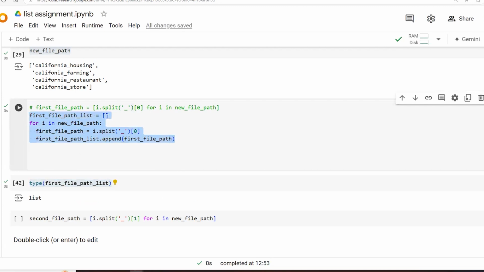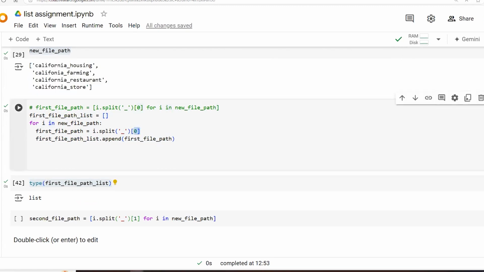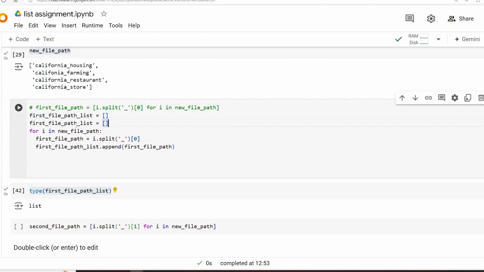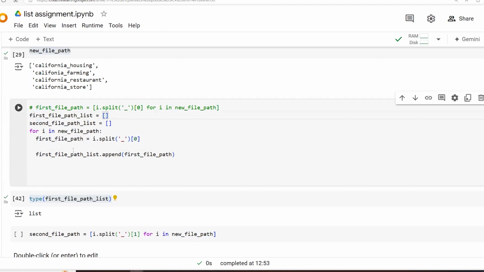So it's back to list now. I created an empty list, looped through the new file path, then I split. After splitting, I was able to get the first element. In this case, instead of wasting time, because it's still the same function, I can say second, right? I can do second file path and do